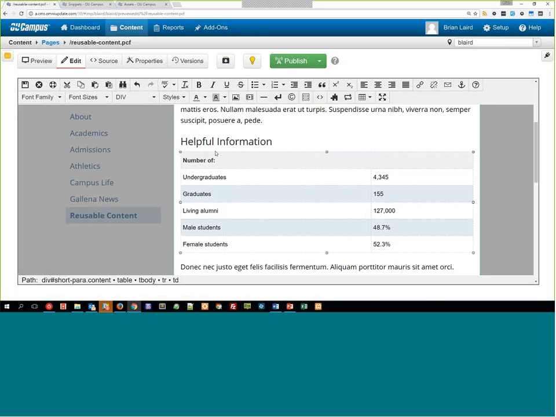So it has that helpful information text as the heading. It has this number with all this information. But since it's a snippet, I can now edit this content. Instead of 155, I could have 200 here and change all this information to whatever you want it to be. Maybe it's undergraduate students, whatever you want it to be. All this information is editable on the page. If I save this,